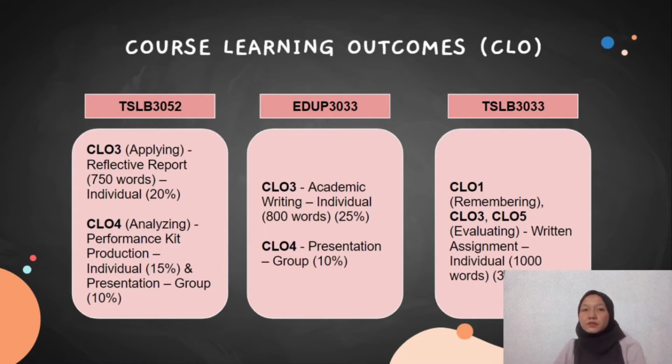Next, IPGKTI 3033 course involved in CLO3 and CLO4, which is the same as TSLB 3052, emphasizes more on students applying and analyzing skills. Lastly, TSLB 3033 emphasizes more on CLO1, CLO3, and CLO5. Students must use their research on learning theories to evaluate, create, or adapt materials for teaching and learning in virtual class. To sum up, the learning outcomes resulted from our courses assessments are related to each other. The course collaboration project engaged the students to create or design virtual learning activities by referring to the KPPB English Year 3 Learning Standard.